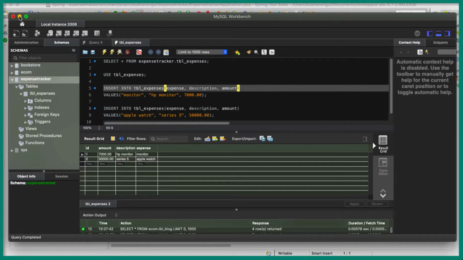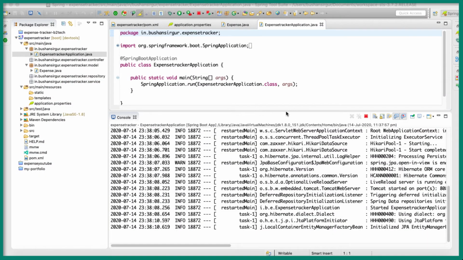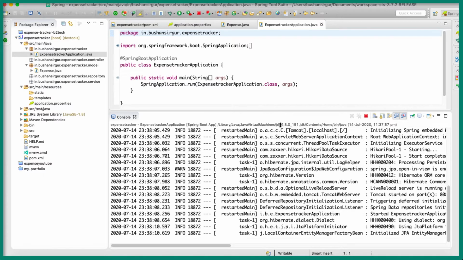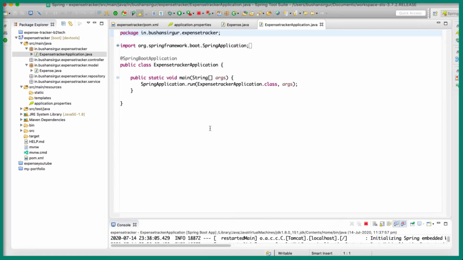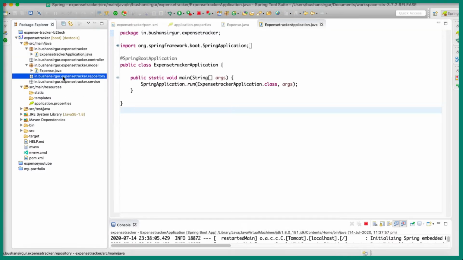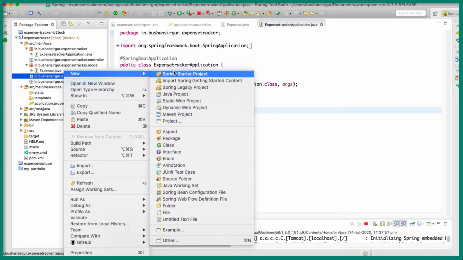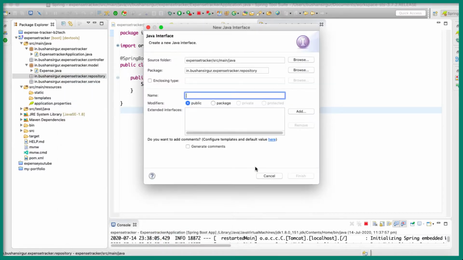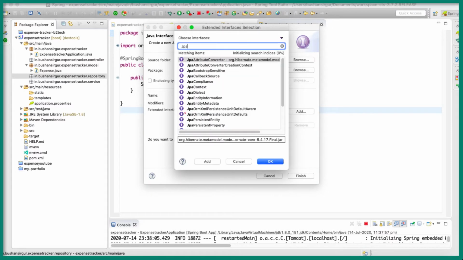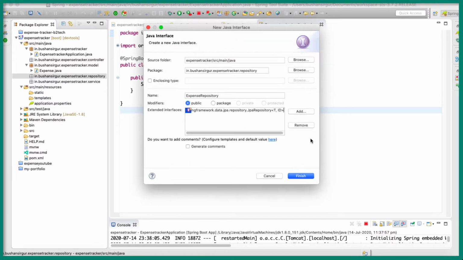So let me minimize this and minimize this as well. And now let's go to the controller, and before that let's go ahead and create a repository. So inside the repository package, let's create an interface. I'm going to call this ExpenseRepository, and this is going to extend the JpaRepository interface.